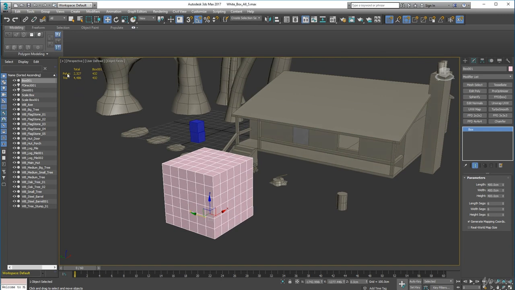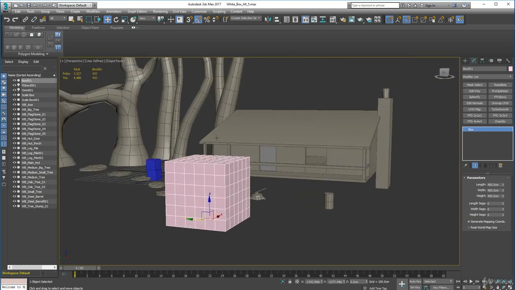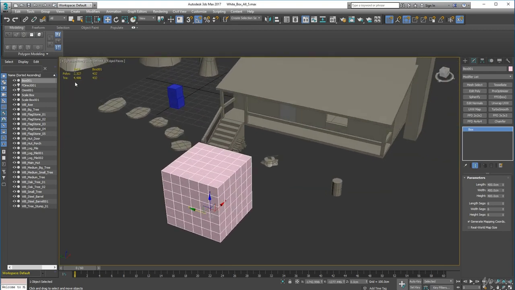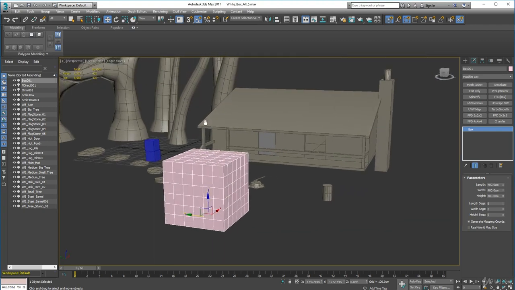It's just handy, and you can see polygons 2322 in this entire scene, which is really nothing at all, and triangles 4486, again peanuts. In terms of what we're going to have by the end, you can expect that to have a couple of zeros on the end easily, I think, by the time we've finished. Anyway,